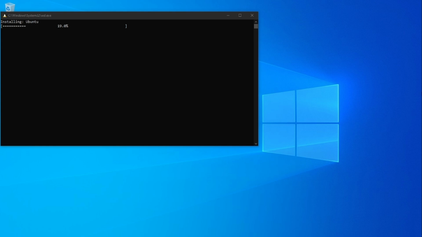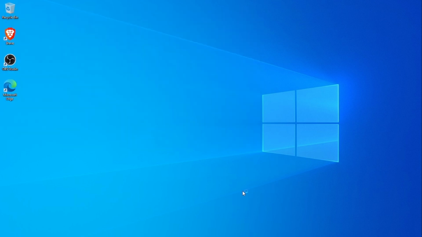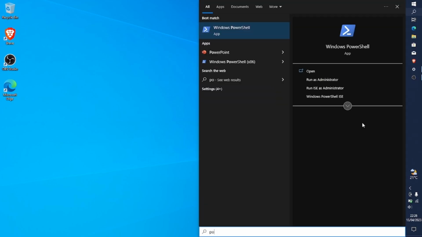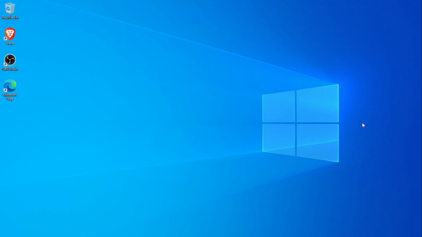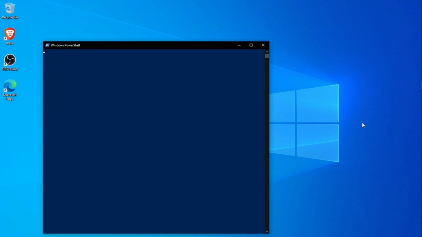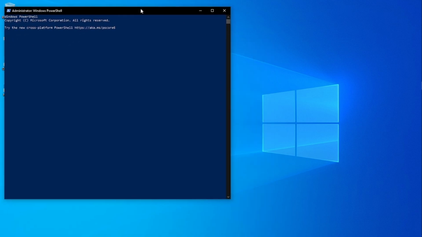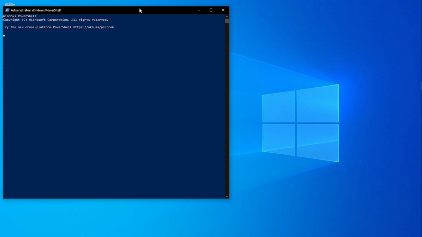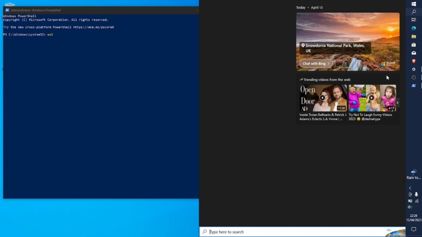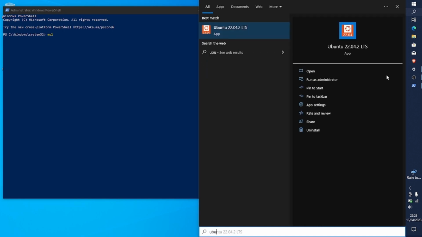Now I've also downloaded an Ubuntu LTS and also an Alpine. So let's go back to our PowerShell and see if wsl -l -v, the command we were using to list version, shows us anything. Run PowerShell as an administrator. And now we should be able to see the Ubuntu and the Alpine Linux that we downloaded. So first of all, I have to open these and let them install because they're not installed, they're only downloaded. So I open my Ubuntu